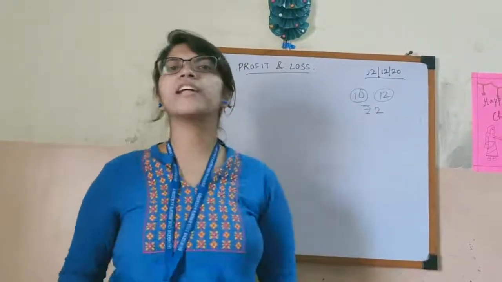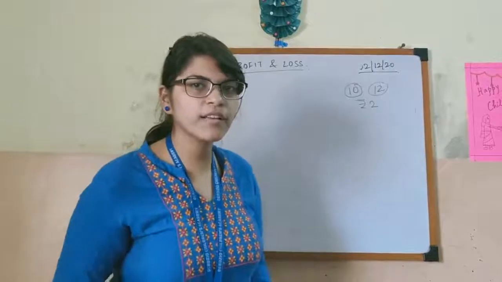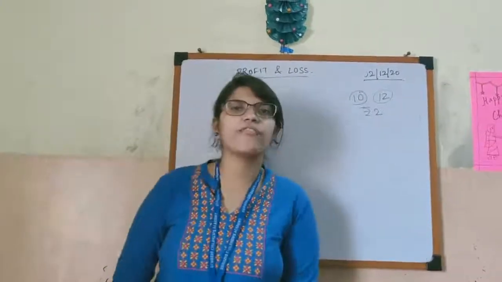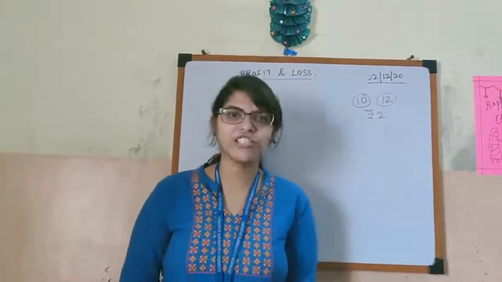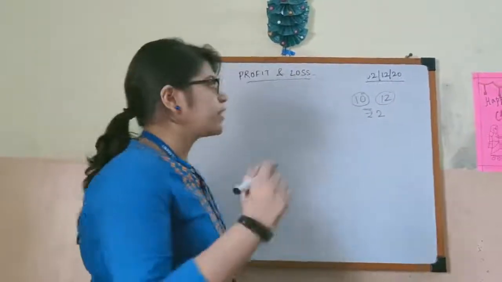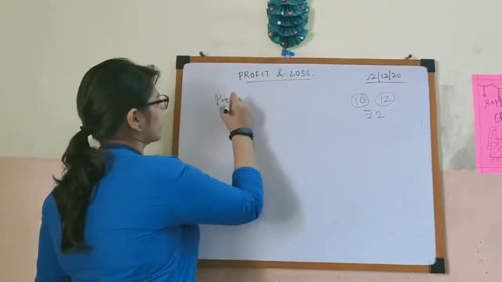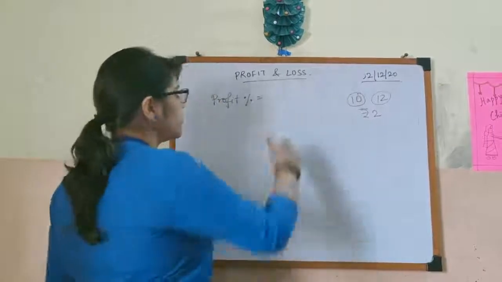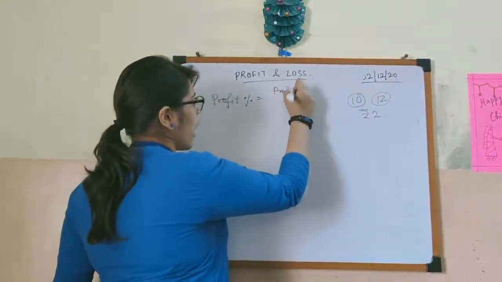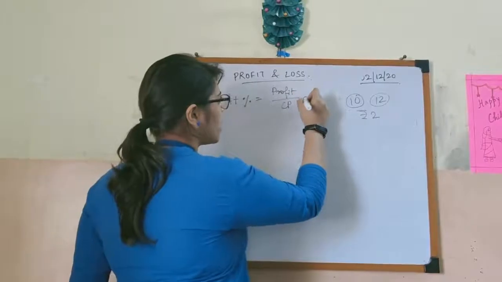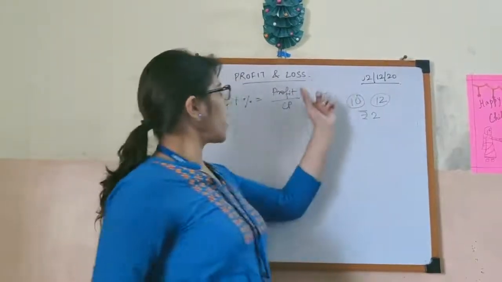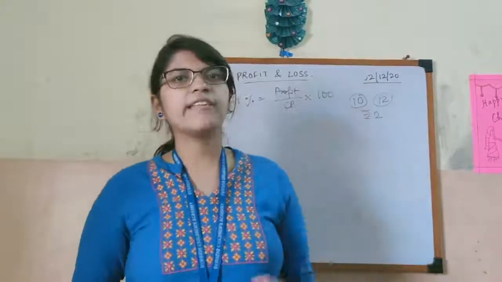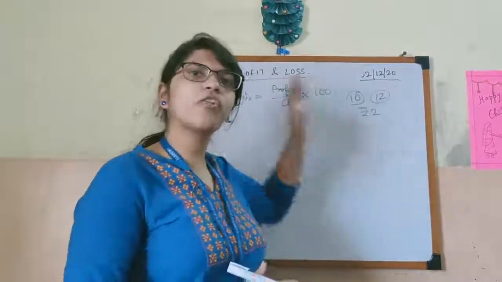But what is the percentage of profit? So why do we calculate percentage? Because we want to know that out of 100 rupees, how much gain we have made. So that will be our percentage of profit. Okay. So the profit percentage. So next we have profit percentage. So that is how much? That will be profit upon CP multiplied with 100. So why am I writing CP here? Because the profit percentage or the profit is always calculated based on our cost price.